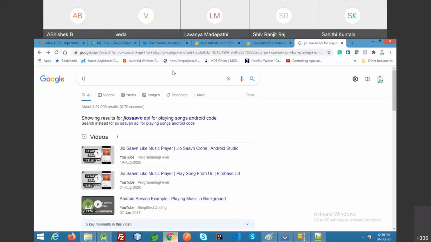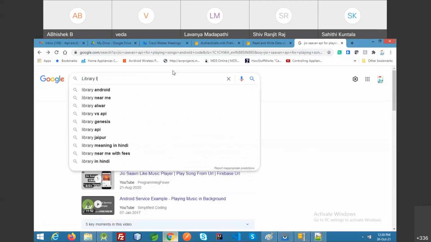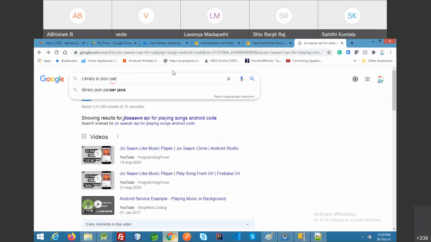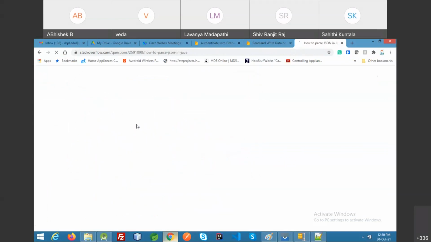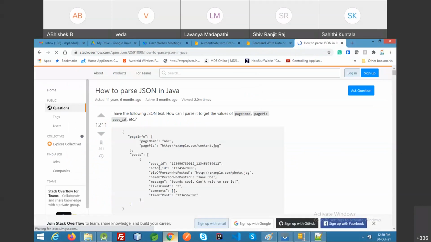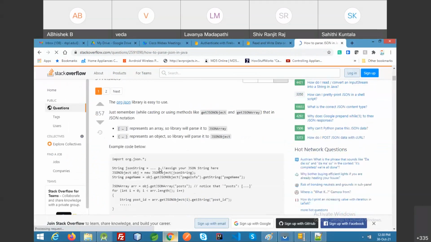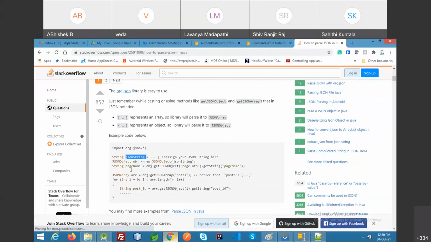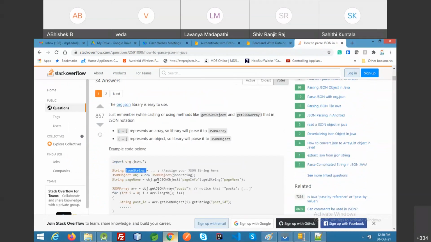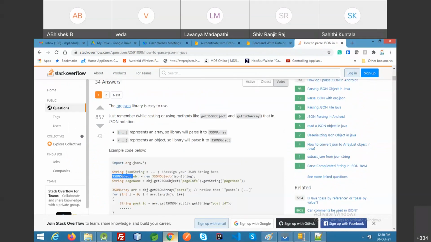If you search for a JSON parse library for Java, there are multiple libraries like Jackson and Gson. If you have a JSON string, you get a JSON object, then you need a for loop.